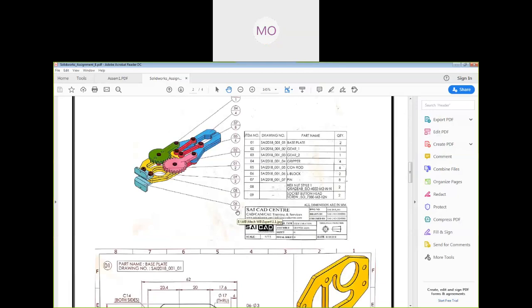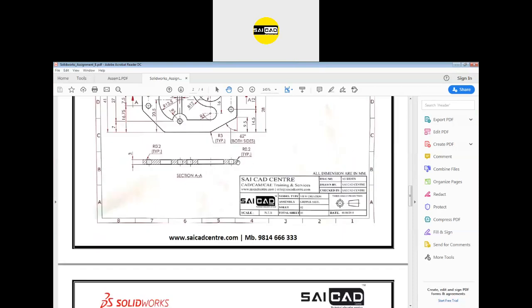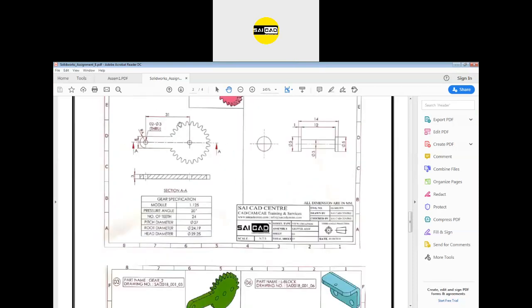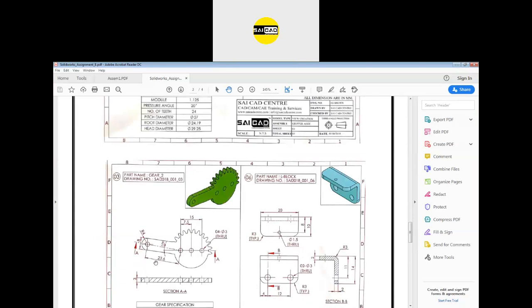Sir, in assembly, my gear part is not able to mesh with the gripper. One part will have the error. Because the value that is given here, you can see this is 31, but in this one we have the value that is 23.6. Actually, there is some error in the dimension.